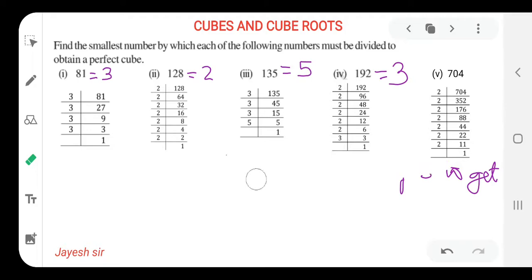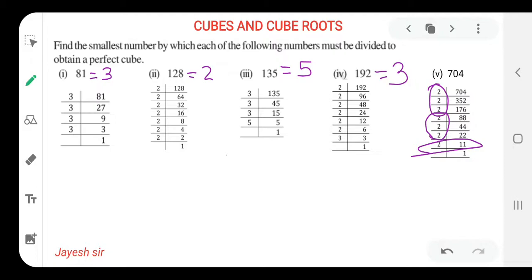So let us begin with the next sum for the day, that is 704. Let us first make the pair of 3. 3 times 2 we can see. First pair I have made, second pair again of 2. That means 2 pairs of 2s are formed. Now what is left? One 2 is left. So what we can say over here is,